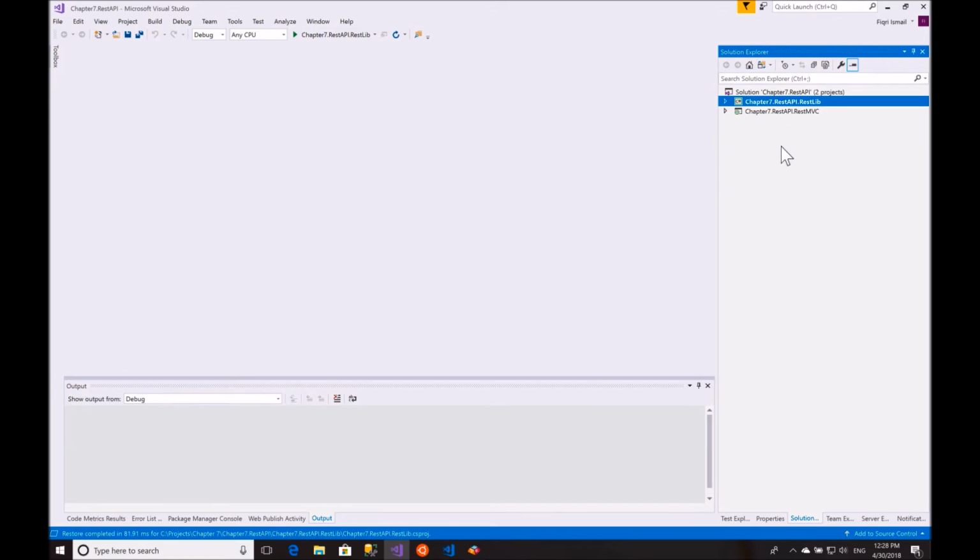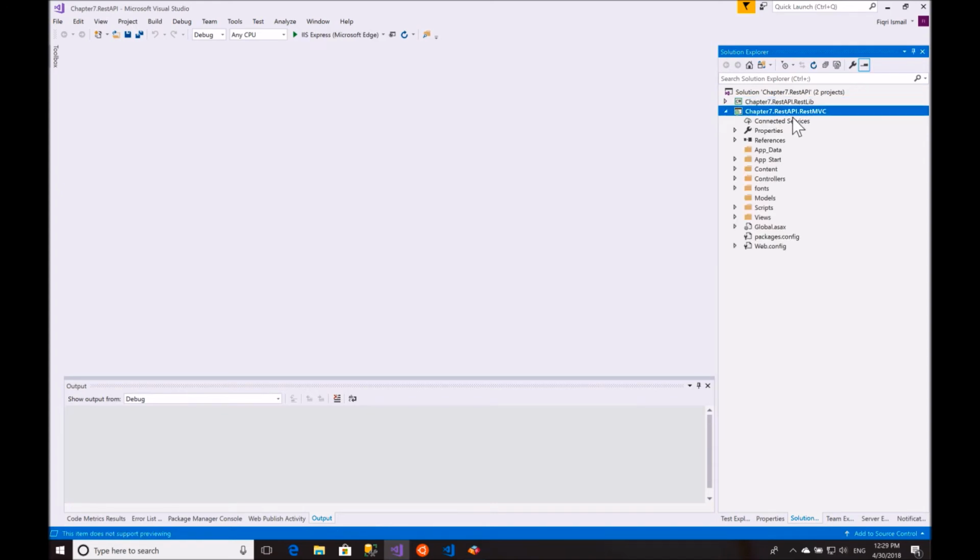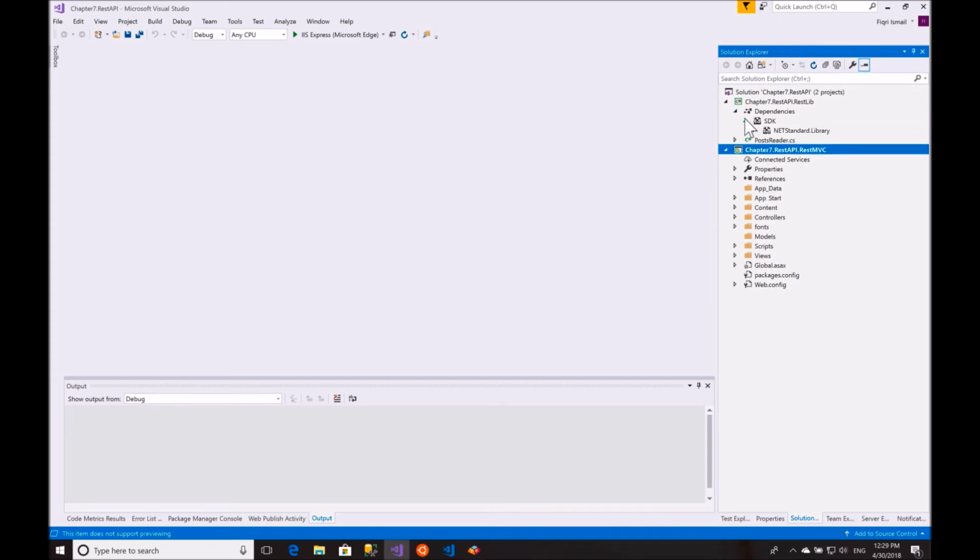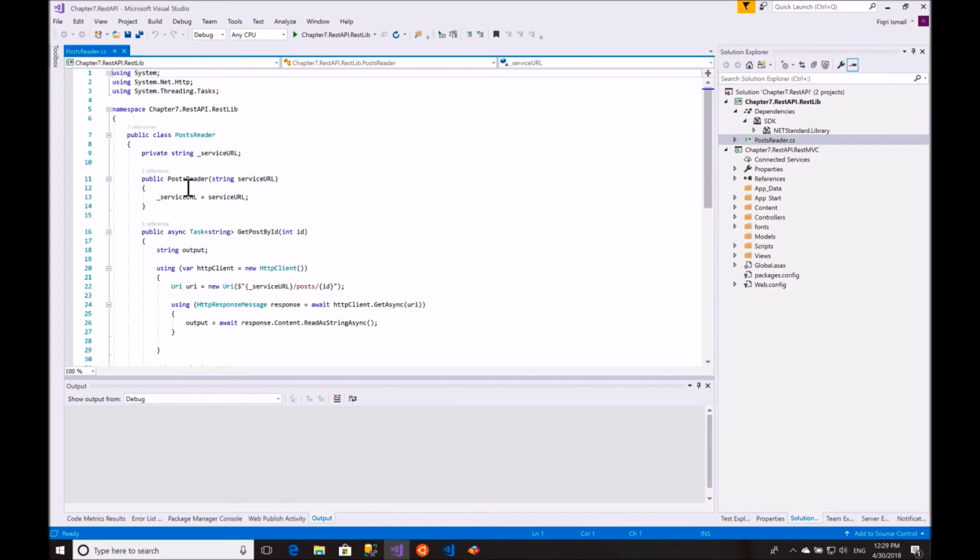Alright, this is an overview of chapter 7. When you open this, we have two recipes here, the 5th and 6th one. And when you open this solution, you will see two projects, an MVC application project and then the library project. Dependencies SDK, you will see this is a .NET standard library. When you click on this one, you will see